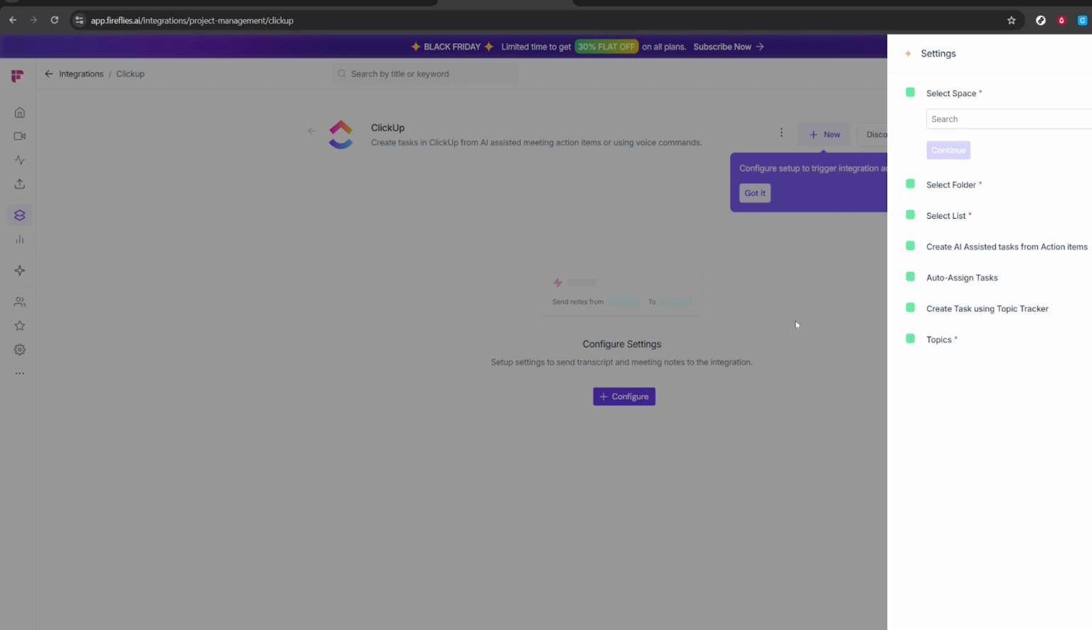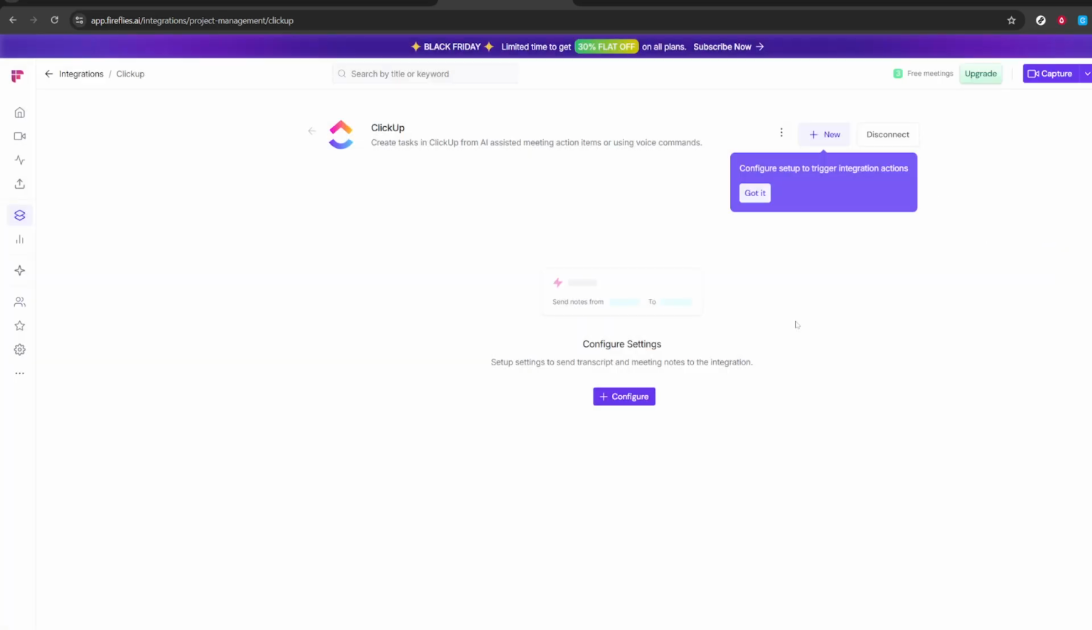That's it. With ClickUp now connected to Fireflies, your meeting content can flow right into your project management workflow, keeping tasks and notes